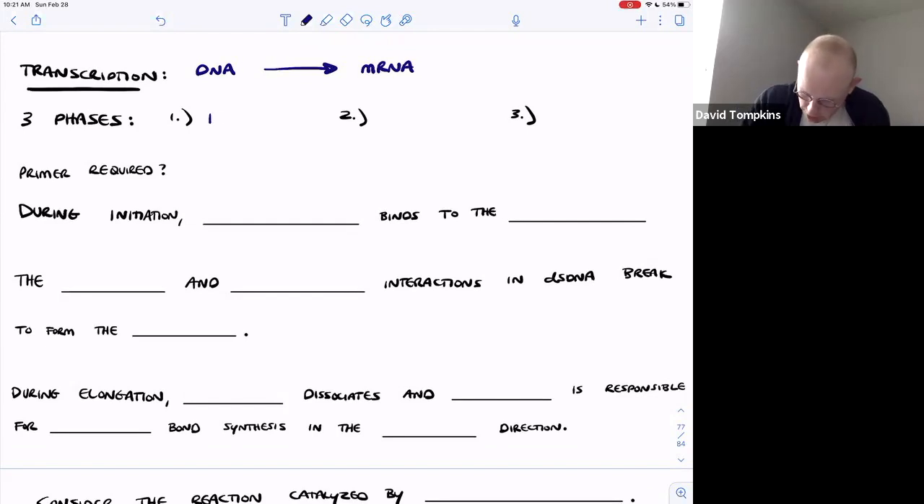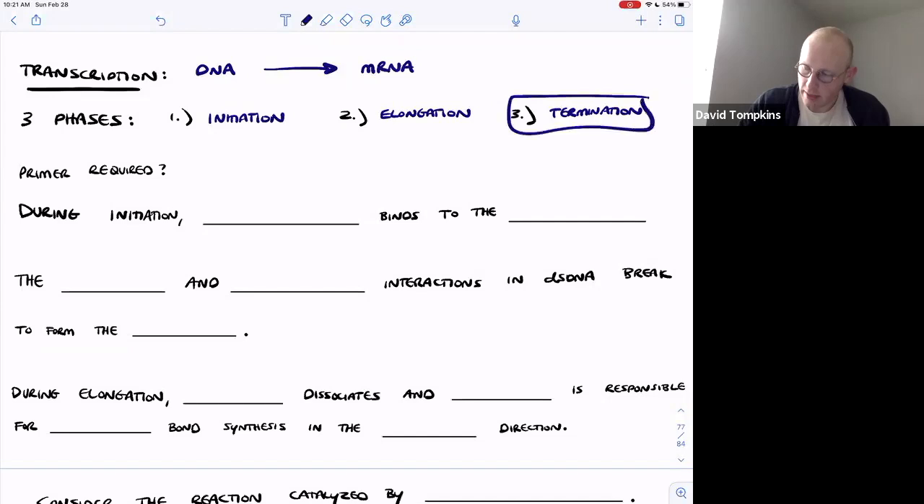The first one is initiation, and then after initiation completes, we have elongation. That's where the majority of the nucleotides are synthesized. And then, as I gave an example above, at some point, the mRNA is going to dissociate from the DNA, and that entails